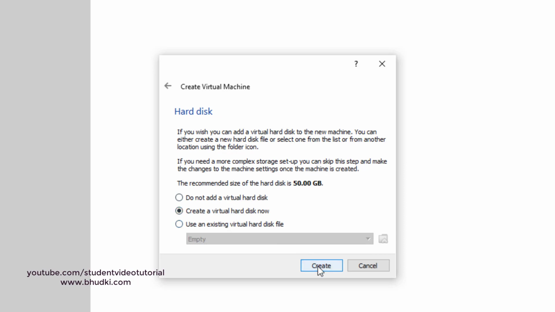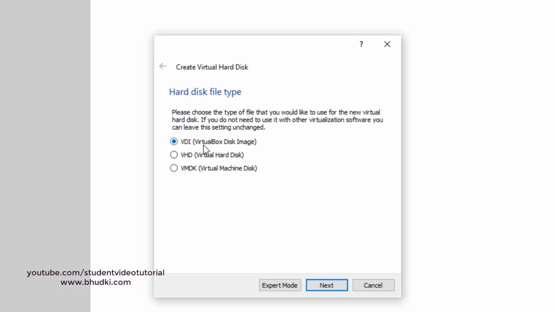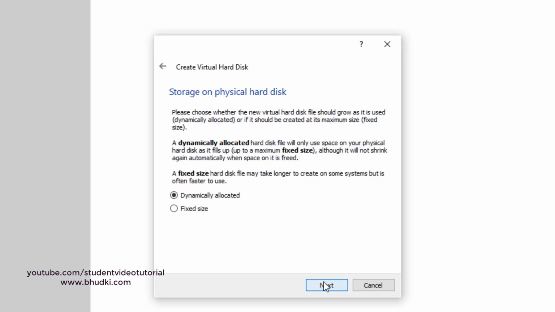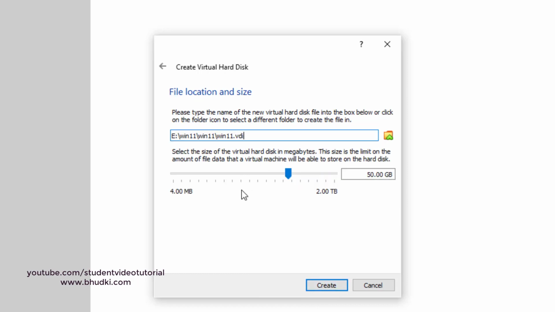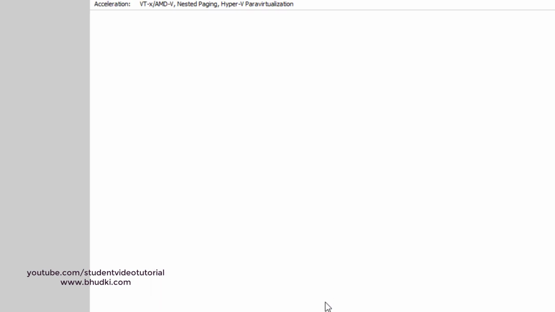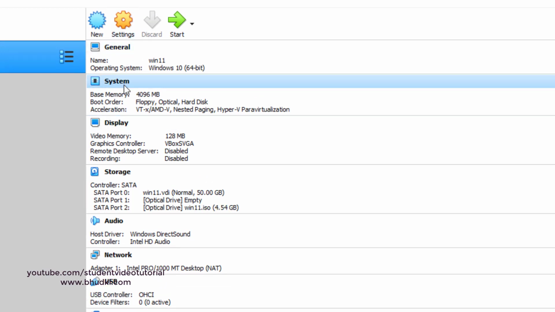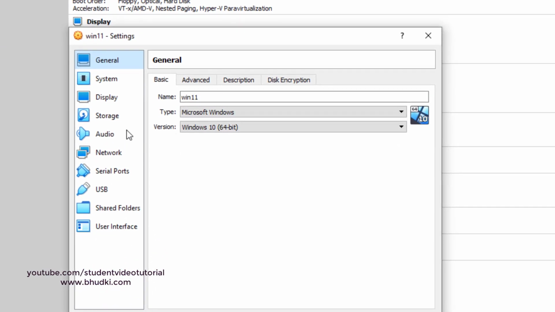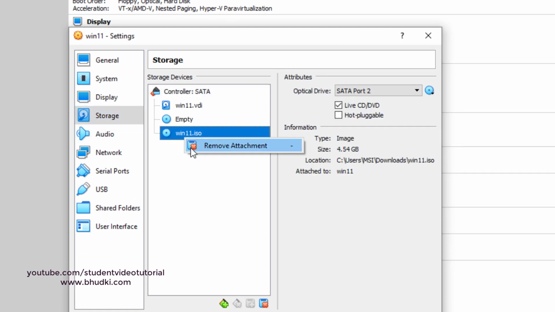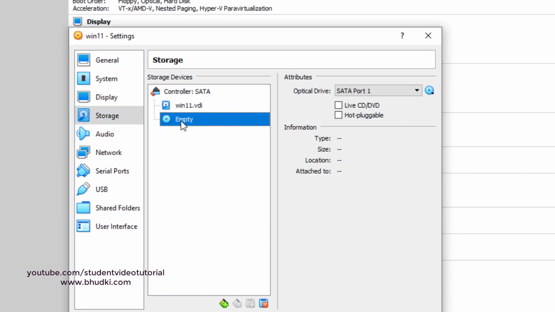Now, create, and VDI VirtualBox Disk Image, dynamically allocated. Okay, move with this one. And Windows 11 VDI, okay, and give file size, I will give it 50 GB, right? Disk space, create. Now it is created. Okay, now let's go to settings, right, and go to storage, right, and click this empty,